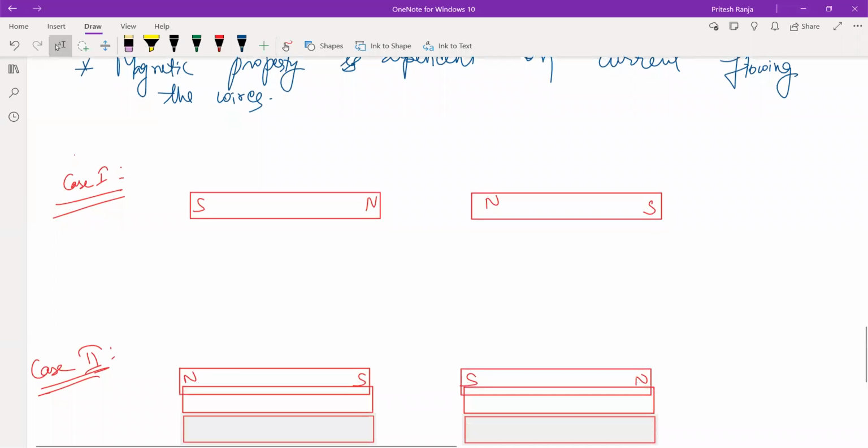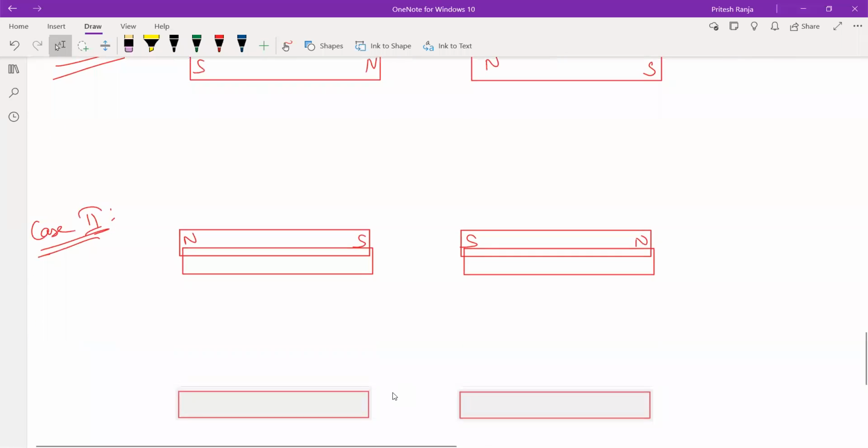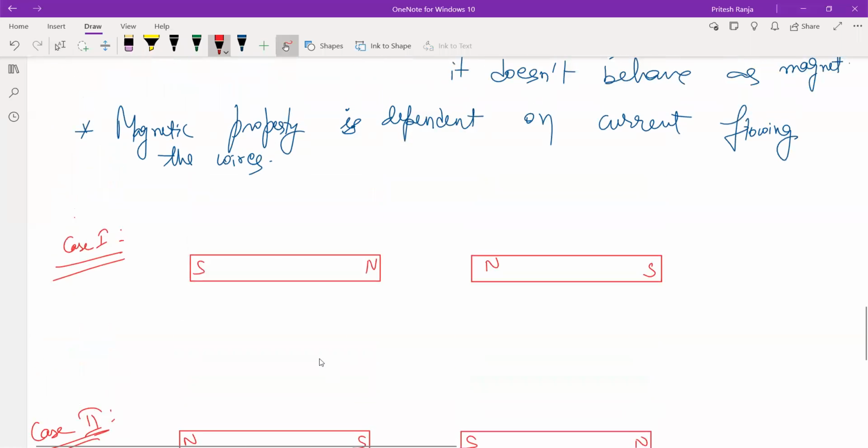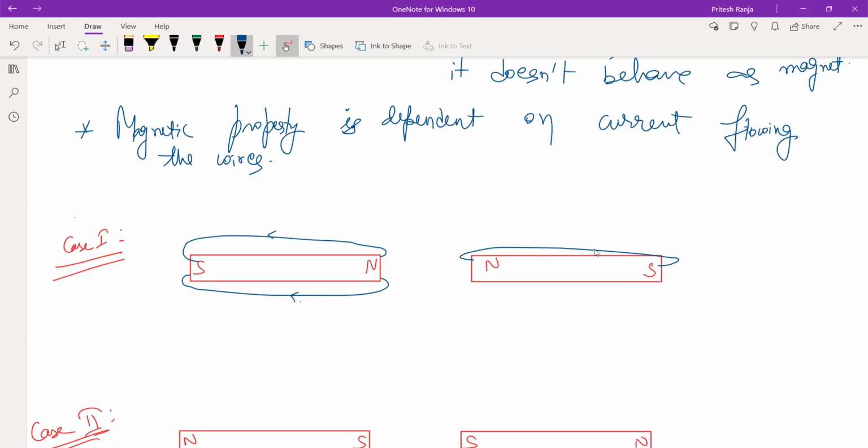And in the third case, opposite poles are near to each other. Let us see the magnetic field lines with respect to each of these orientations. First, some magnetic field lines will go from north to south of its own magnet. Same will be here. And this will be the kind of magnetic field that we will see.